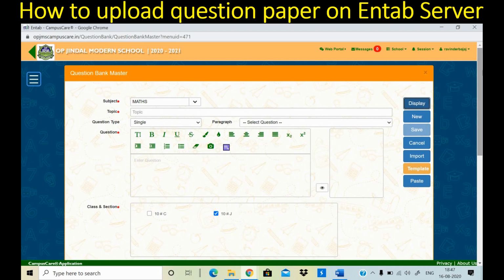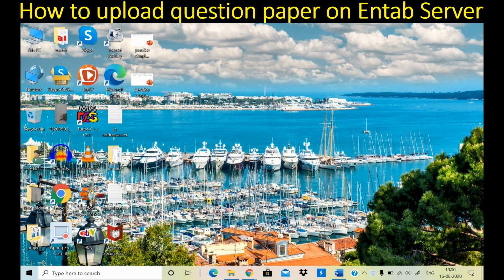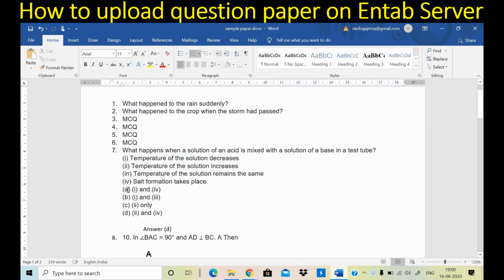Continue watching. Now here is one more method to create MCQ questions. See this 7th question. I have not written this 7th question in that Excel file, because in the Excel file these 3, 4, 5, 6, these 4 questions were there, but this 7th question itself has 4 options, and these are 4 different types of answers, out of which I have written D. The D part is correct.